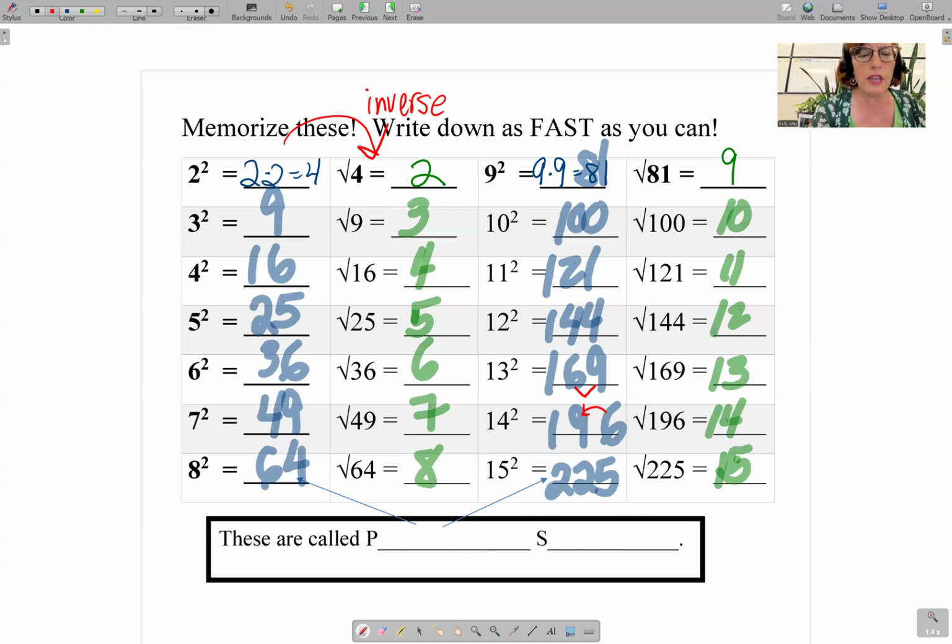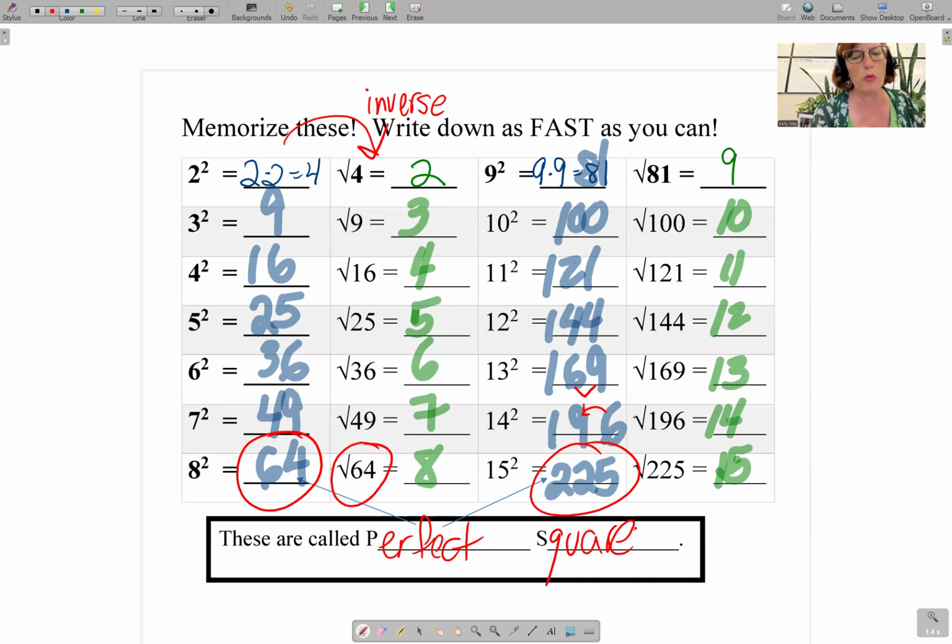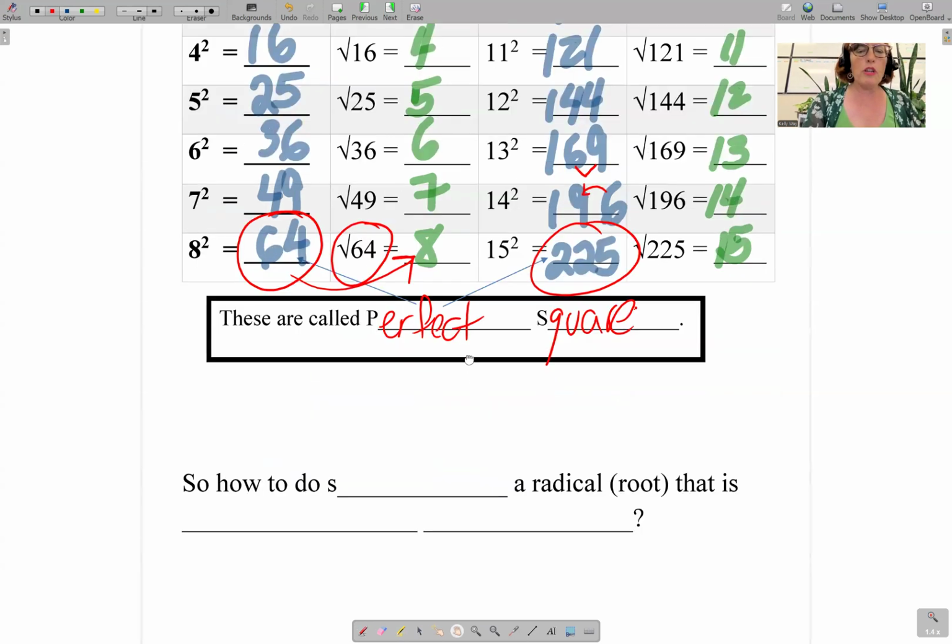Okay, so these numbers, when you have a single number times by itself, we call that a perfect square. So you can see when you square root a perfect square, it just undoes it and goes back to the original number. That's called simplification. So the question is,